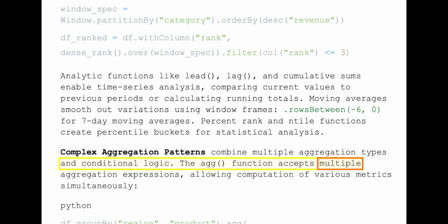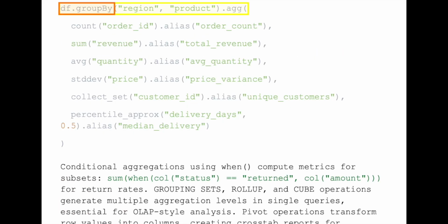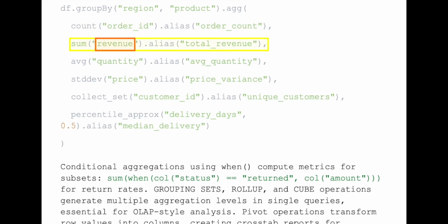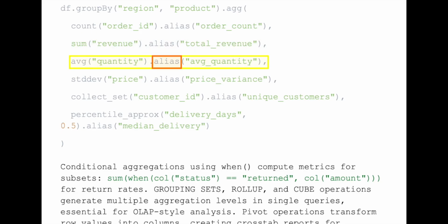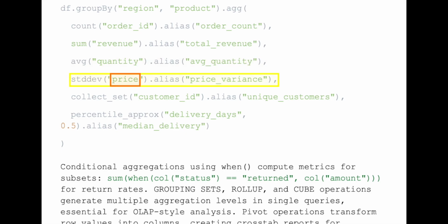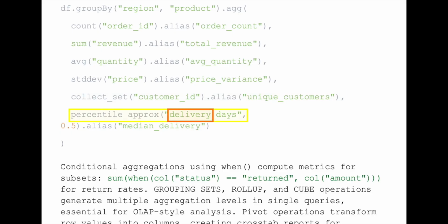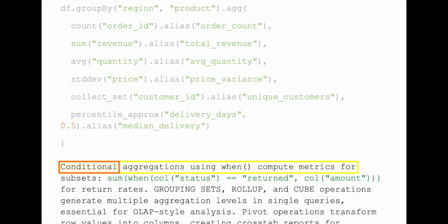The agg function accepts multiple aggregation expressions, allowing computation of various metrics simultaneously. Python: df.groupBy("region", "product").agg(count("order_id").alias("order_count"), sum("revenue").alias("total_revenue"), avg("quantity").alias("avg_quantity"), variance("price").alias("price_variance"), collect_set("customer_id").alias("unique_customers"), percentile_approx("delivery_days", 0.5).alias("median_delivery"),